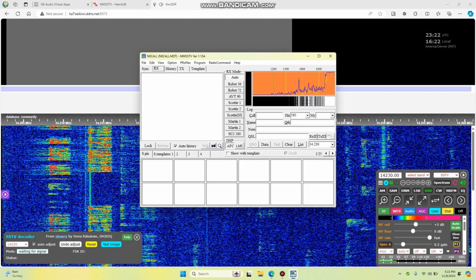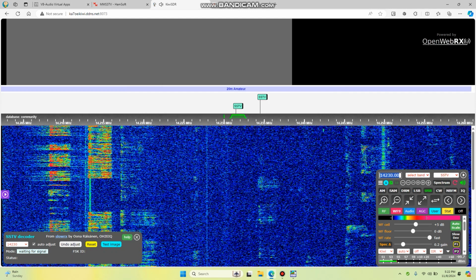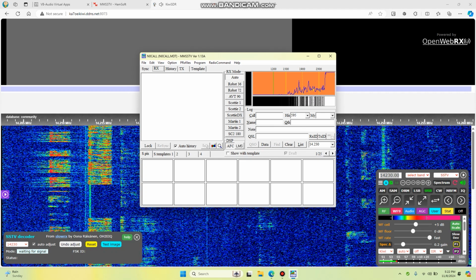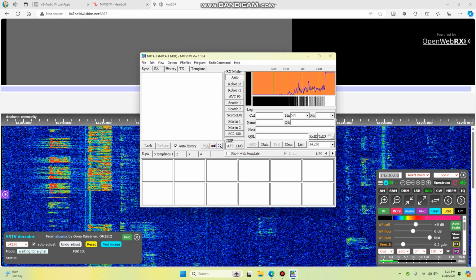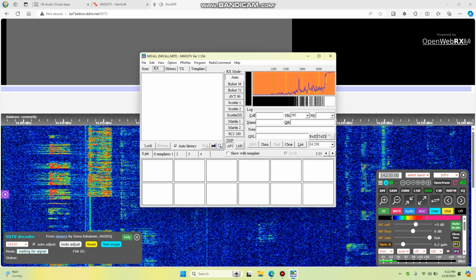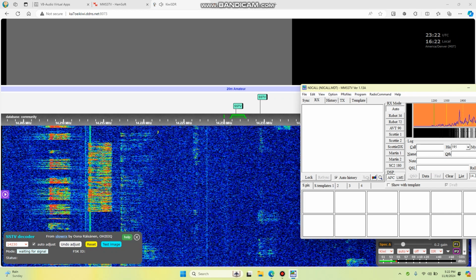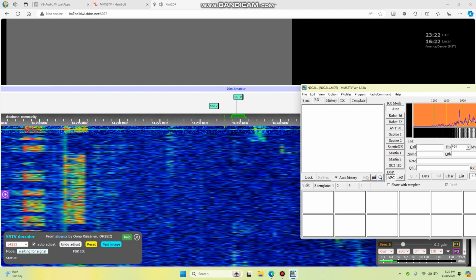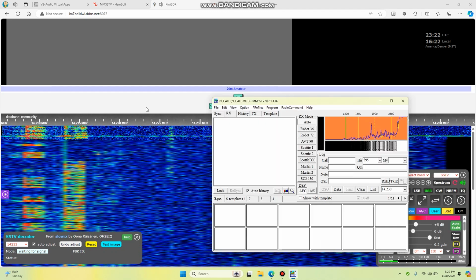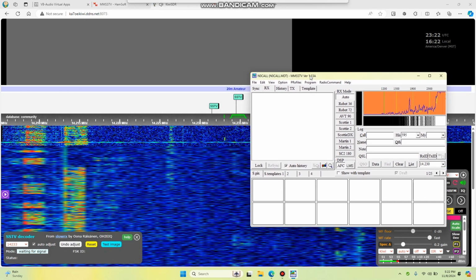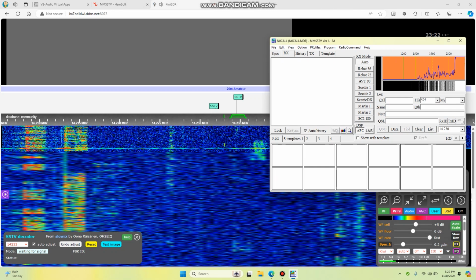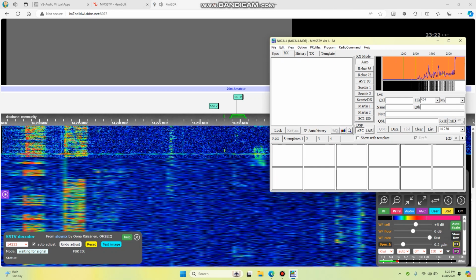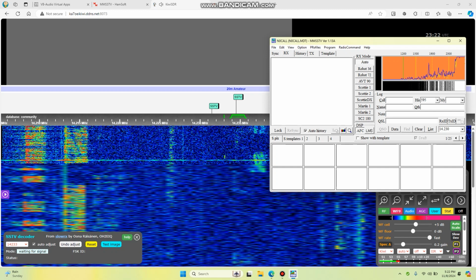So the audio from this is being piped into this application through the virtual cable that we installed. Whenever someone sends an SSTV image, which I see some activity over here, so let's switch over here to 14233 for a while. You'll see here that you'll start seeing images pop up here,